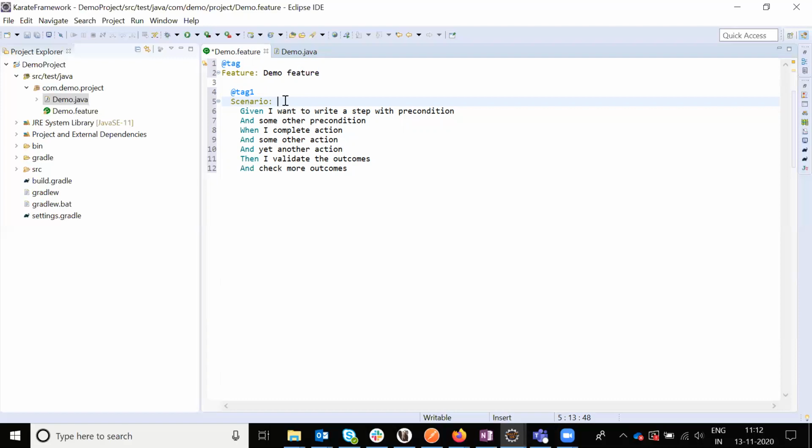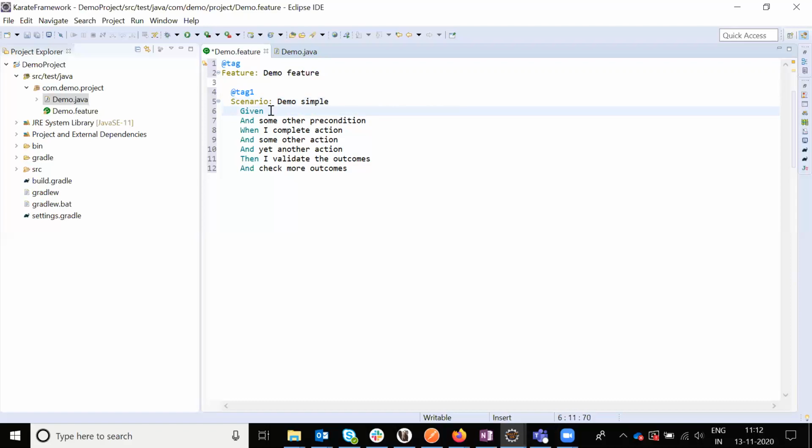In the scenarios I'm going to give the positive one, and second the negative one, and then the next scenario is giving a valid password, and the next one is a negative password, and submitting. Like that we can give n number of scenarios. Now this is for simple demo purposes.